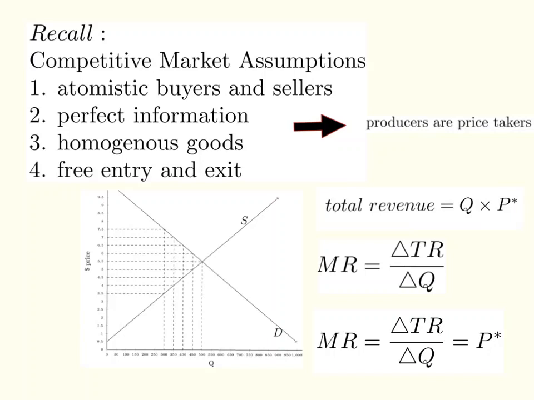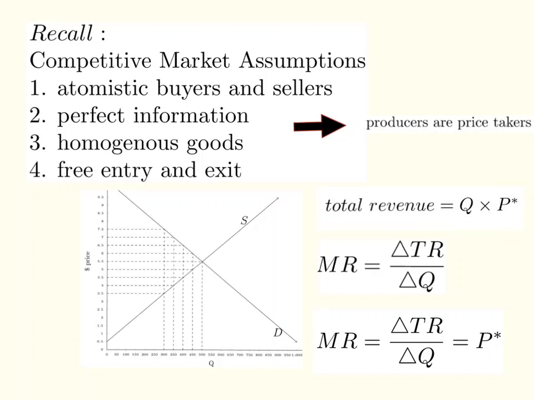So we just talked about costs, and since profits are about revenues and costs, we of course need to talk about revenues as well. Here we can see that total revenue is just the amount of the product I sell times the price. And since the price is set by the market, we can slap a star on there, and we can say that this is the amount of the product that I choose to sell times the market price, because we are going to assume that I'm a price taker